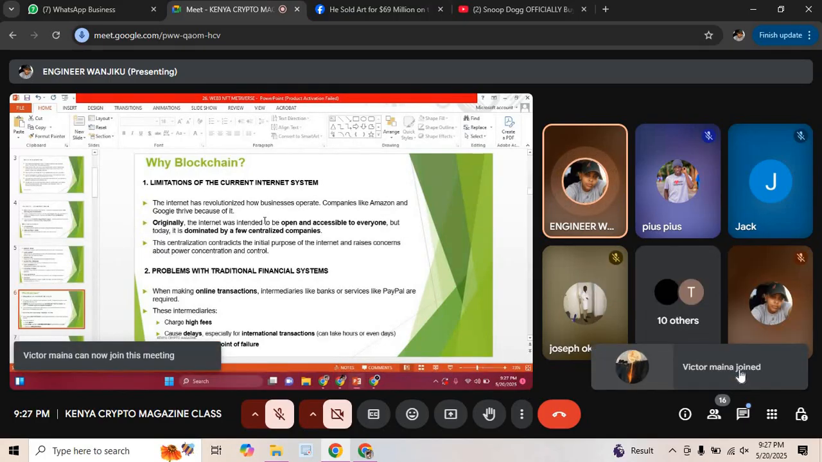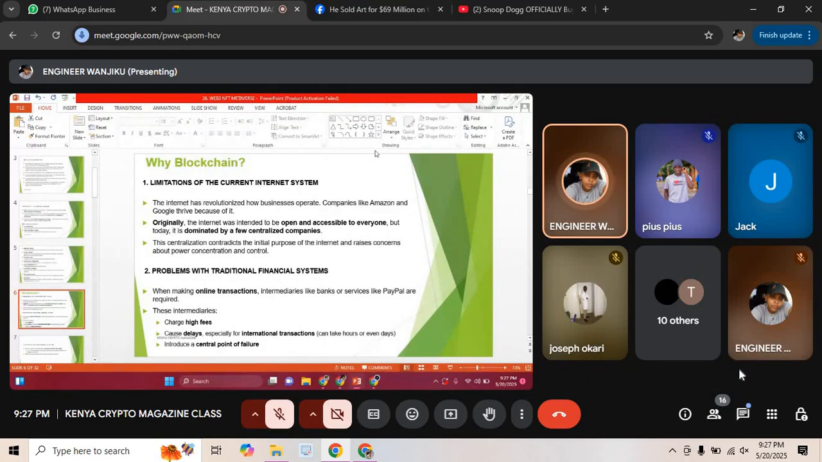So this centralization contradicts the initial purpose of what? Of the internet, and it raises concerns about power concentration and control. So what are the problems with this? Number 2, the problems with the traditional financial system. When making online transactions, intermediaries like banks or PayPal are required. So these intermediaries, their shortcomings: number 1, they charge higher fees. Number 2, they cause delays, especially for international transactions. Number 3, they introduce a central